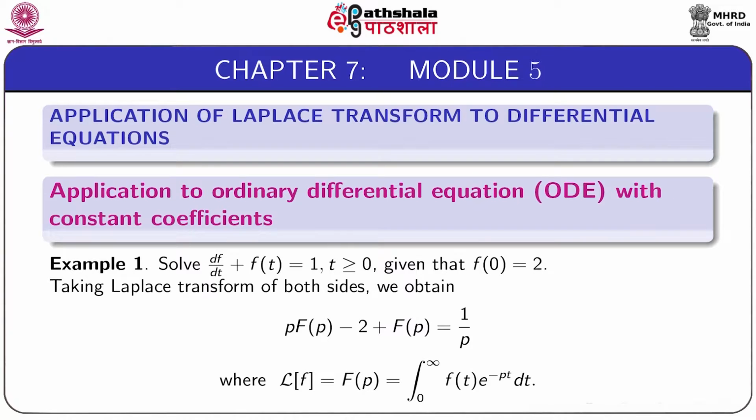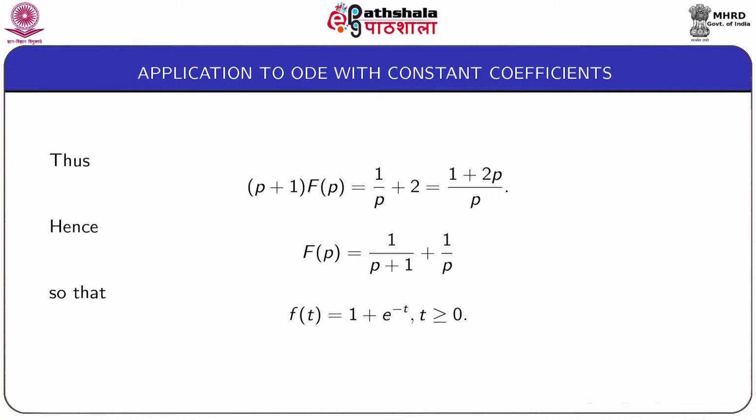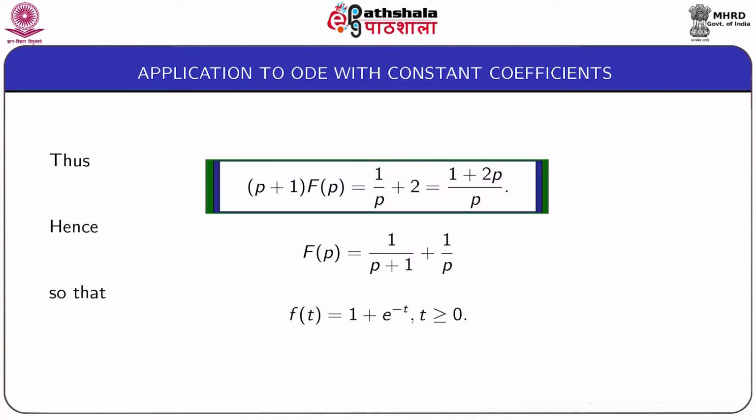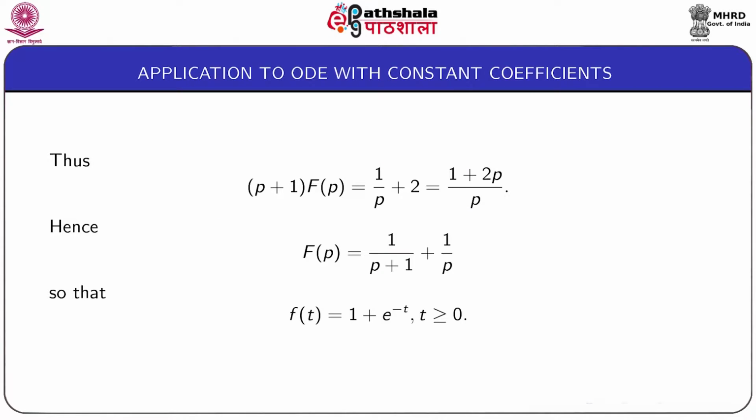Now, we rearrange this equation to obtain (p plus 1) F(p) equal to 1 by p plus 2, and that is equal to (1 plus 2p) by p. Breaking it into partial fractions, we get F(p) equal to 1 by (p plus 1) plus 1